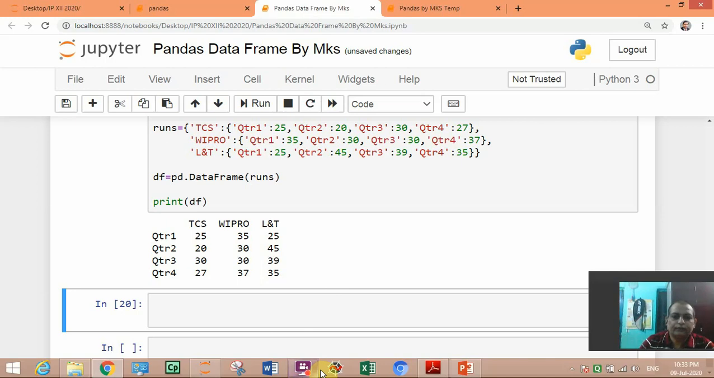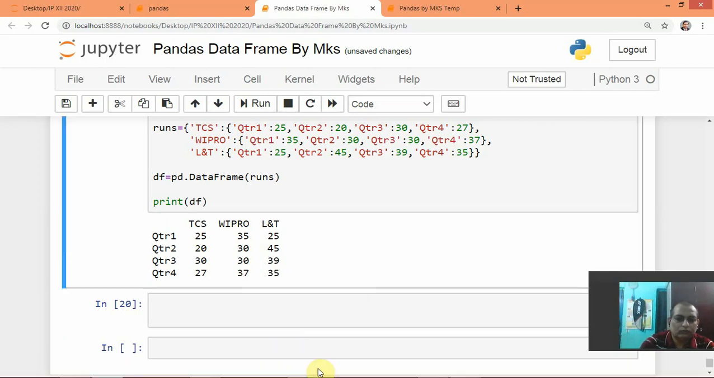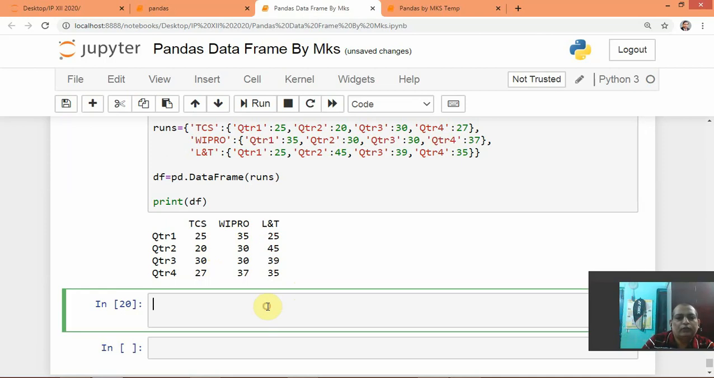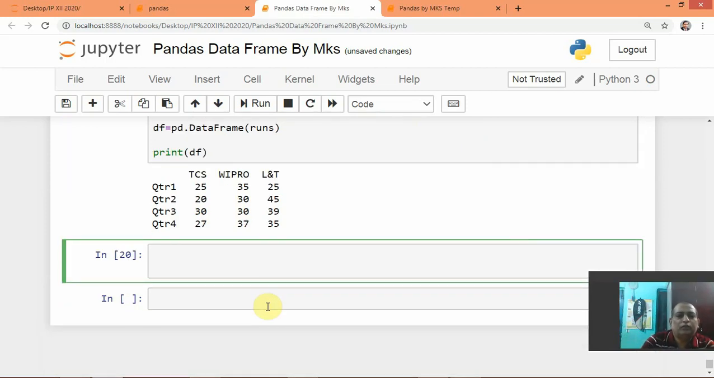Okay. So suppose we want to increase all values of the data frame by something like 5. We can increase or decrease, anything we can do. So first we want to increase all values by 5, meaning we want to add 5 to each element of the data frame. So for this we can write like this: